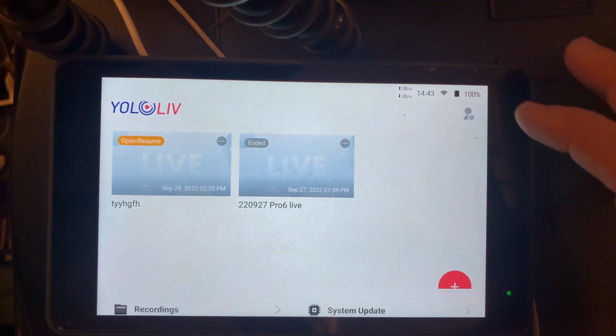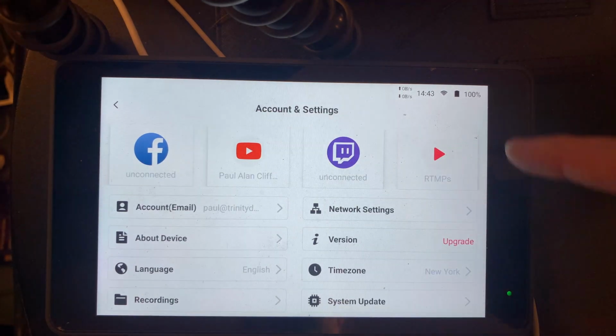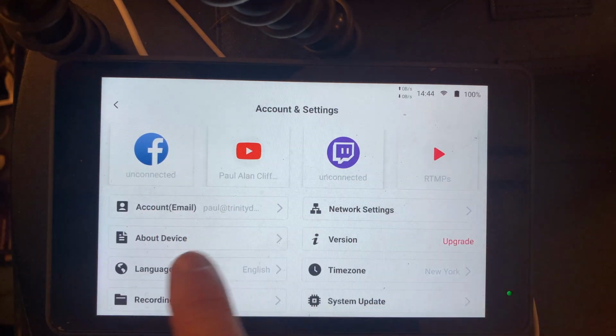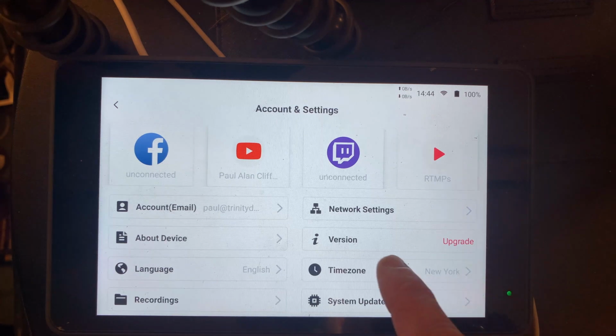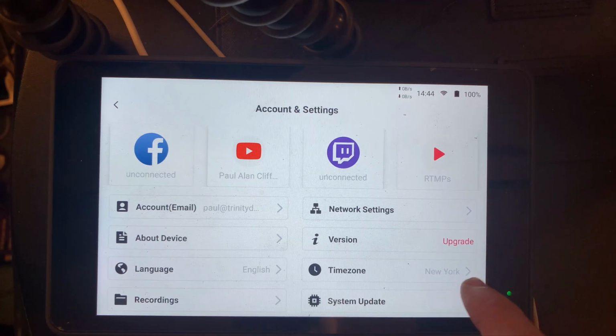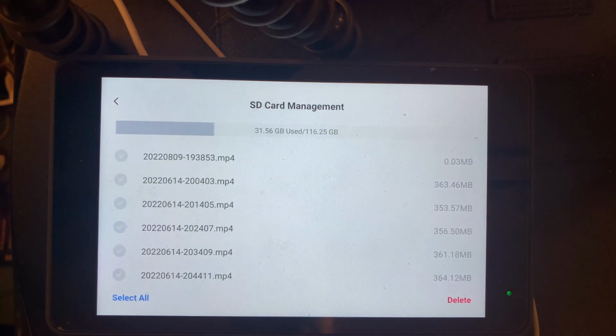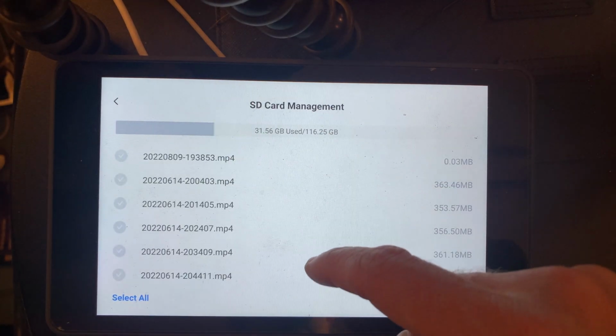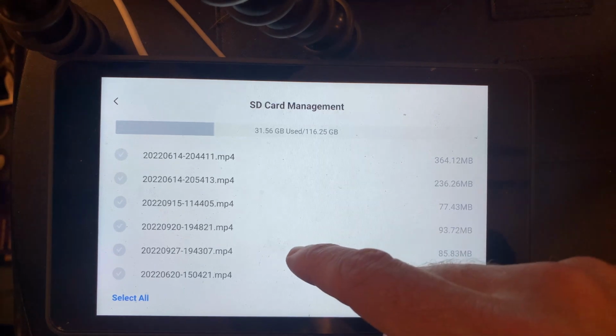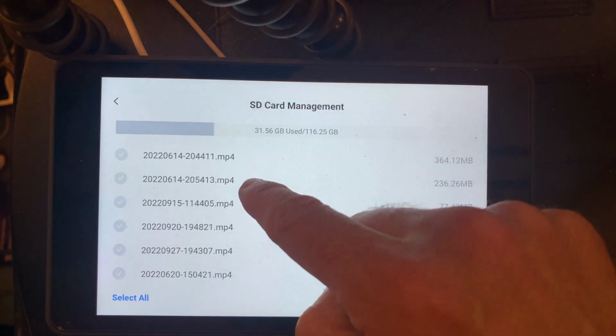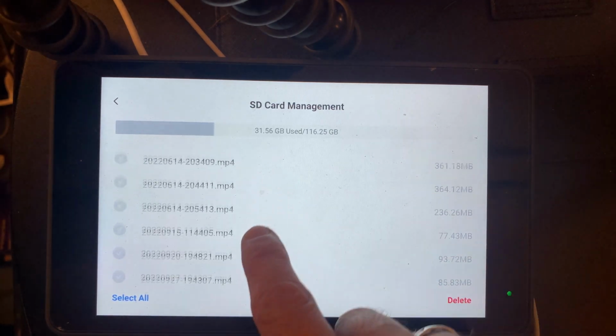One thing that I will mention is we've got all these settings, so you can do your connections ahead of time here. You can do upgrades, you can change the time zone, and you can even go to recordings here. So we can see some of the past recordings that I've done, and you'll see that,